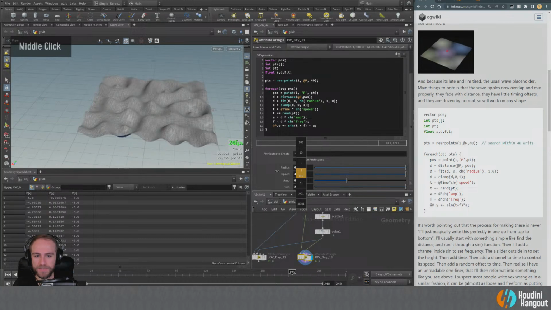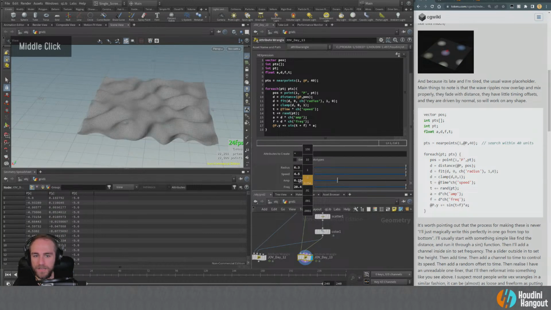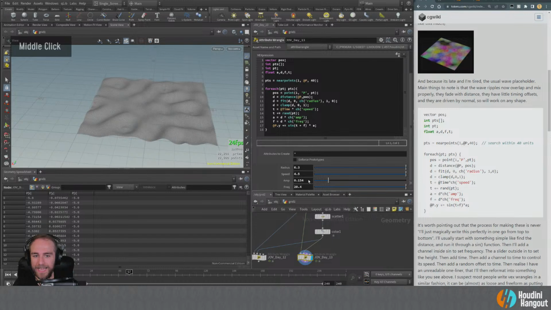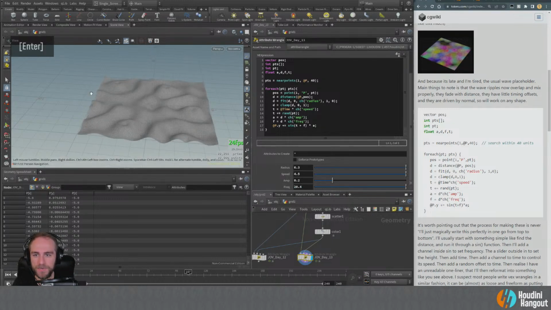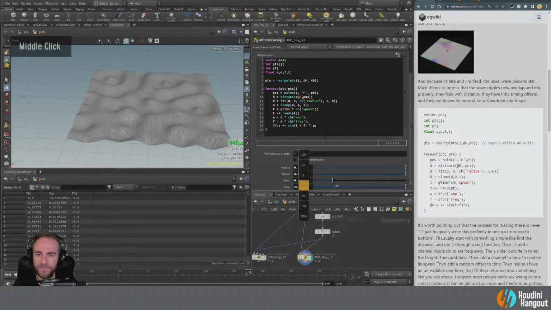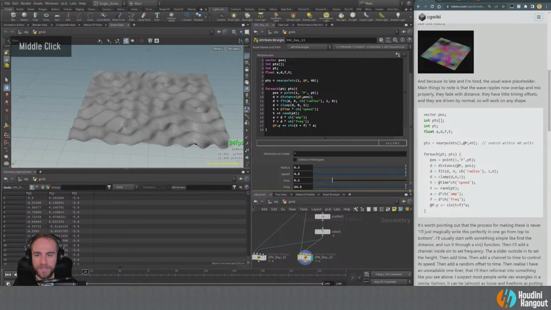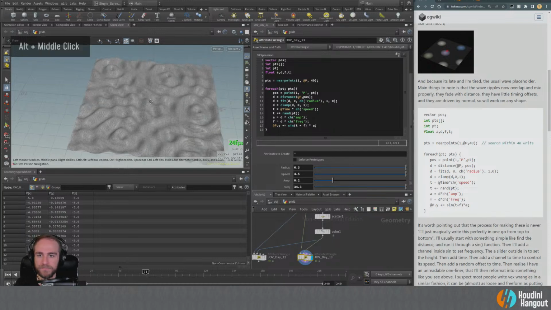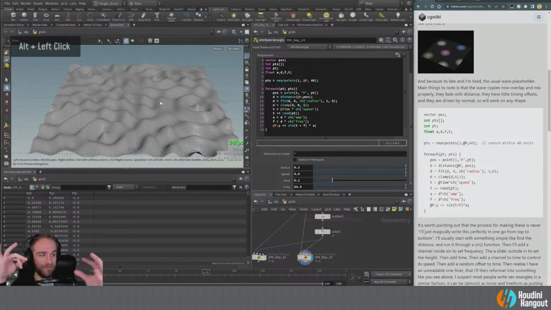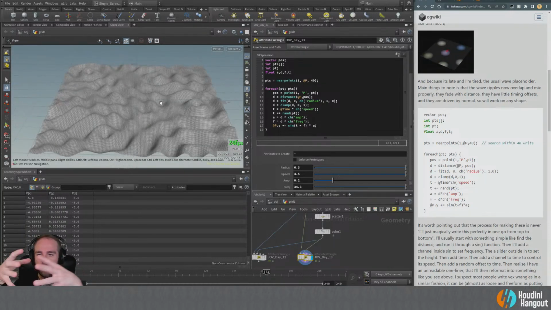Just get some really interesting results here, I think. We can lower these down a little bit so they're maybe not as high. We could say maybe 0.2, something like that. We can up the frequency so we've got maybe some smaller waves that are all kind of crashing into each other, something like that. Right now we've got all these things that are kind of blending together as they are